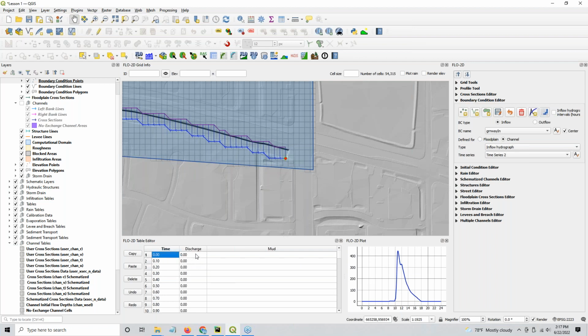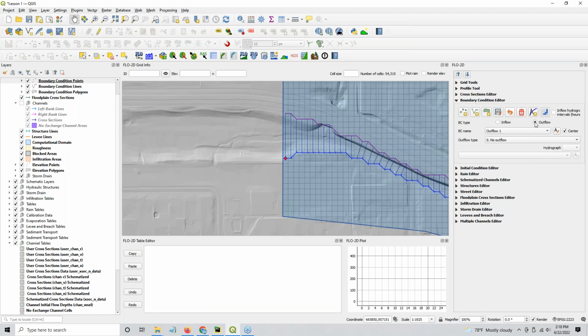Time on the left in hours, discharge on the right in cubic feet per second, because this is not a metric model, and there's no mud flow, it's just clear water. Let's go ahead and name that. This will be called the Greenway 100-year 24-hour hydrograph. Now let's switch over to the outflow side of the table, and outflow number 1, let's go ahead